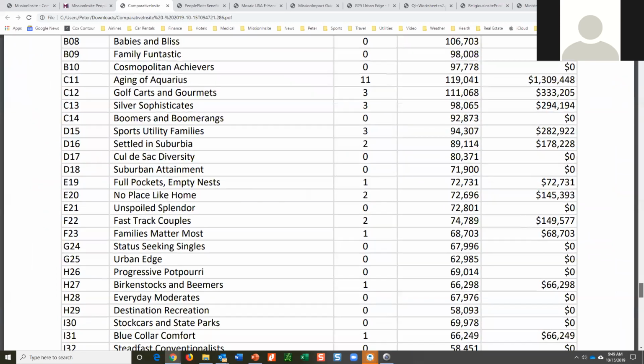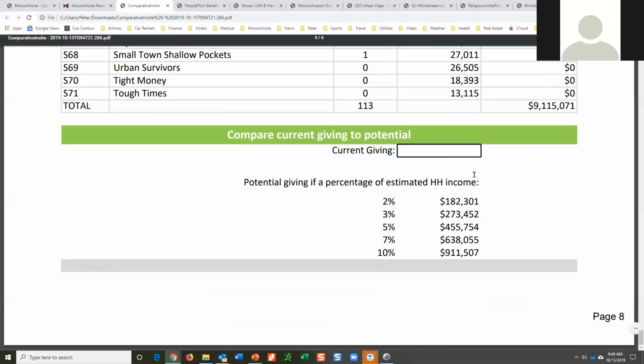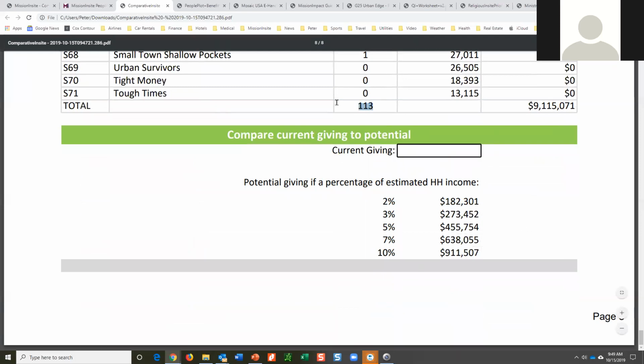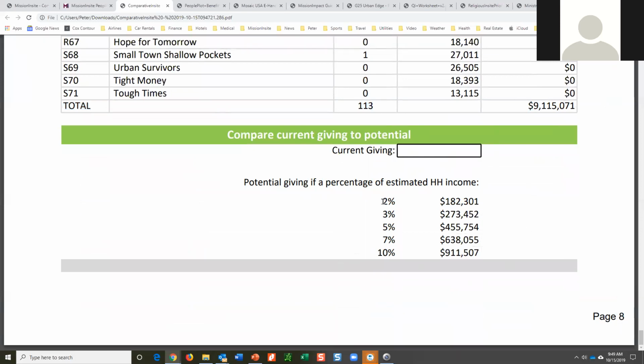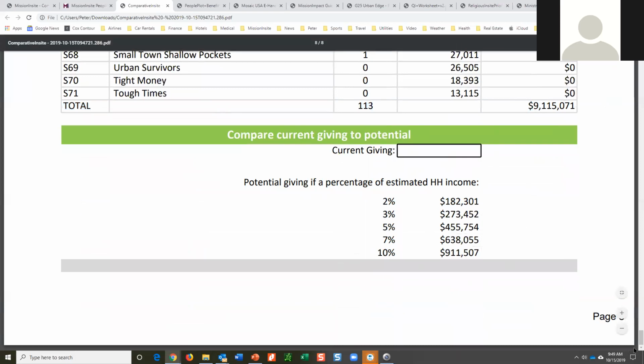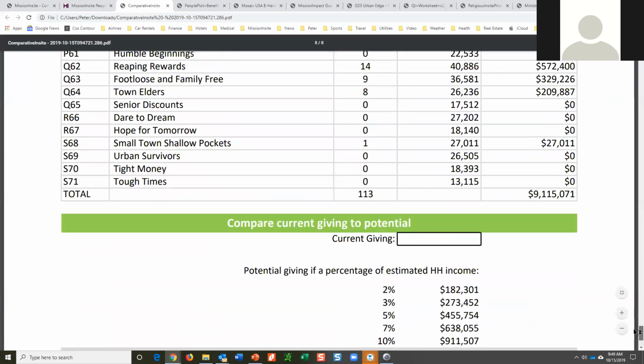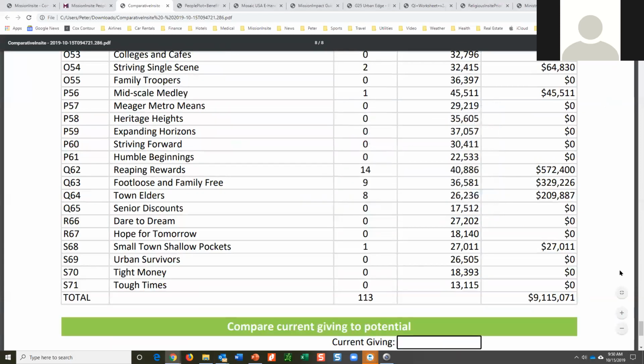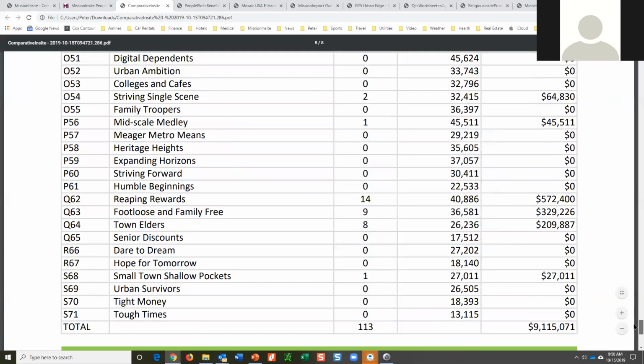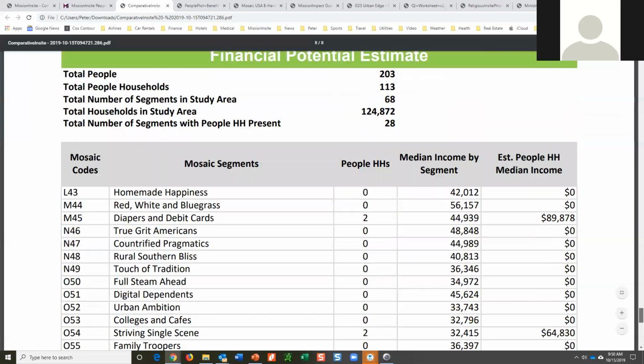So you aggregate, add up all of these, and these 113 households have an annual median income of over $9 million. I do not know what their budget is. We find that many or most of our client churches, their budgets are between 2 and 4%. So this now provides a whole different level of understanding and information in terms of reality of not only the